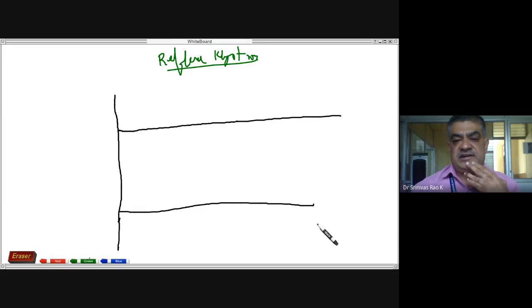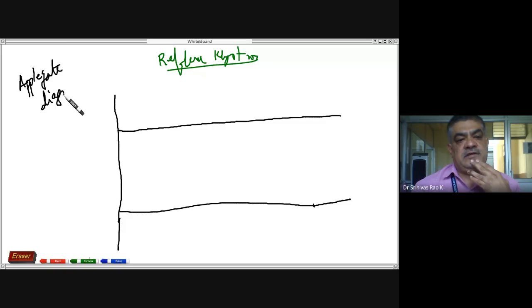Now here, please understand this Applegate diagram. If you do not understand the Applegate diagram, you will get 0 marks in the exam. Please understand it. We have done this, and again I am repeating for the students who made mistakes in the exam. So we have a sinusoidal wave, a sine wave,